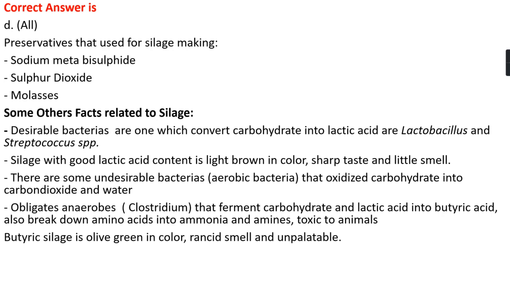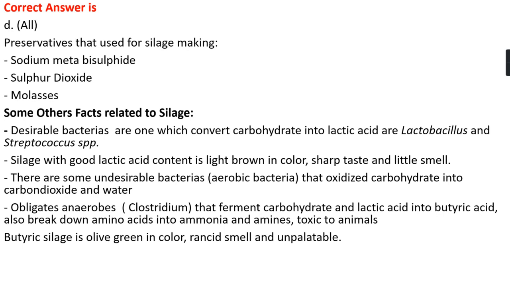Let's see some other facts related to silage. Desirable bacteria are the ones which convert carbohydrate into lactic acid, that are Lactobacillus and Streptococcus species. Silage with good lactic acid content is light brown in color, sharp in taste, and has a little smell, a good aroma. There are some undesirable bacteria too, that is aerobic bacteria, which oxidize carbohydrate into carbon dioxide and water,